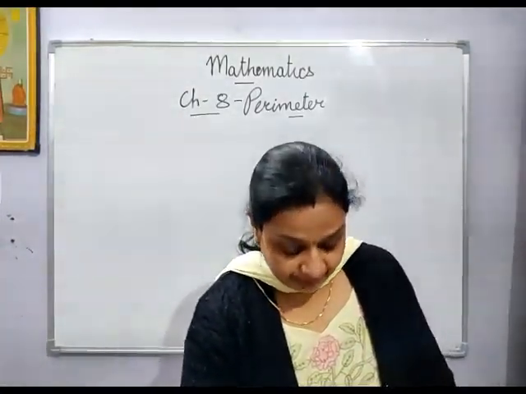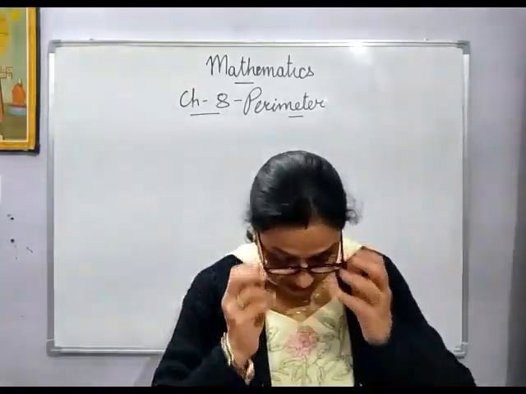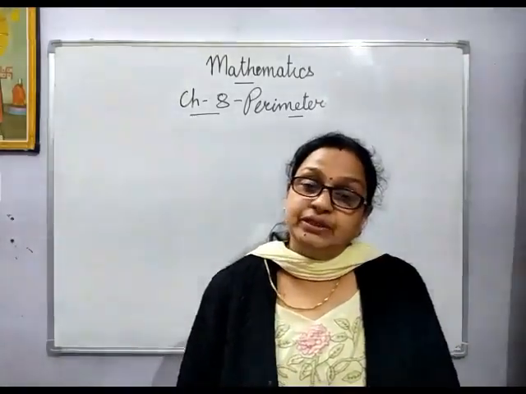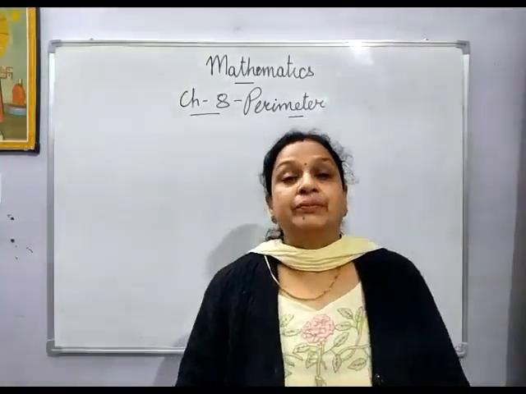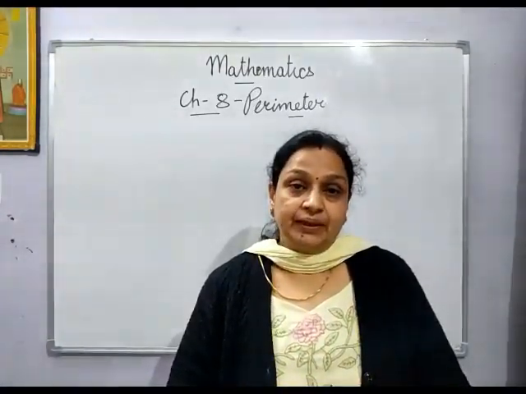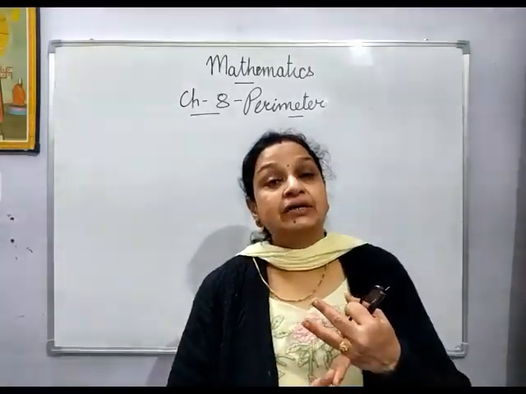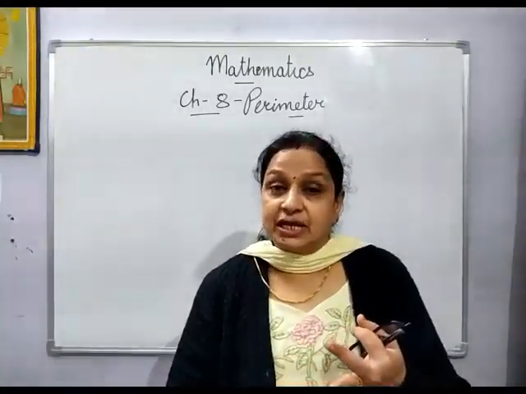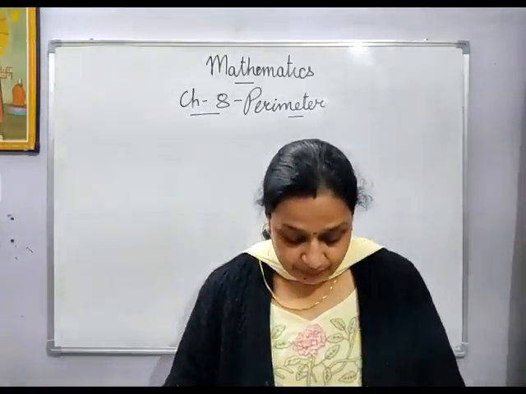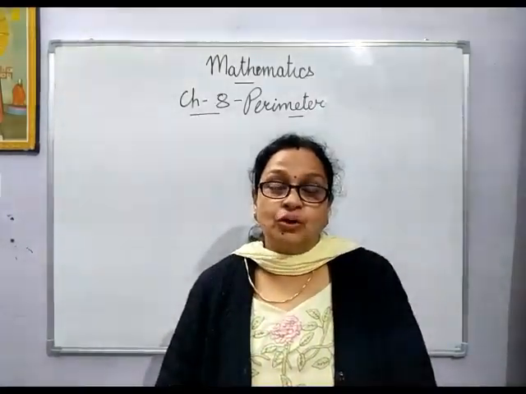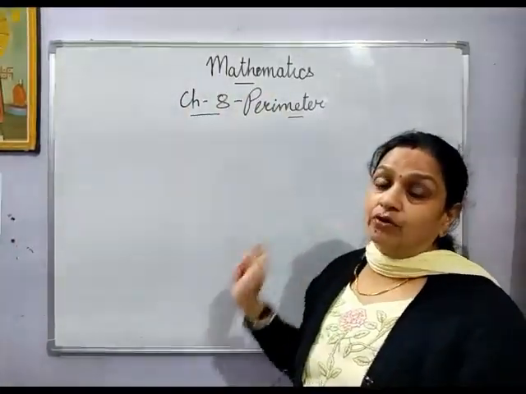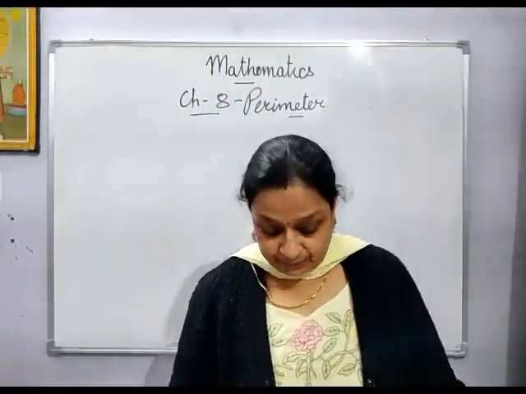Now in the book also, as we start with the chapter, you can underline: the distance around a figure is the perimeter of a figure. Now children, remember, perimeter will be calculated only for plane surfaces, like if the shape of the figure is a square, rectangle or triangle. So underline, the distance around a figure is called the perimeter of the figure, or you can say the total length of the boundary of any figure is called perimeter.